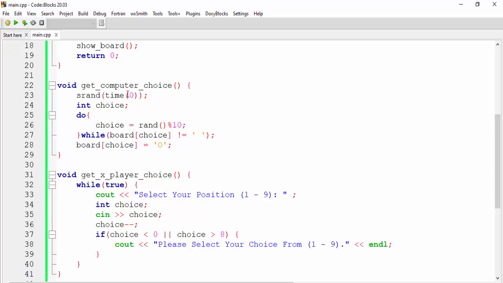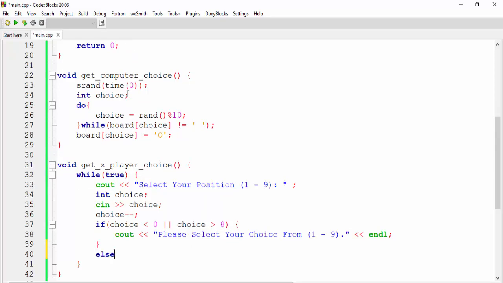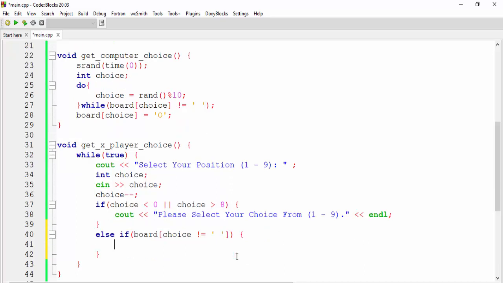After that we need to check another condition. So we'll say else if, and here we'll check if board of choice is not equal to empty space. So we will check the same thing that we checked for the computer choice. Here we are checking if the choice that the user selected is not empty.